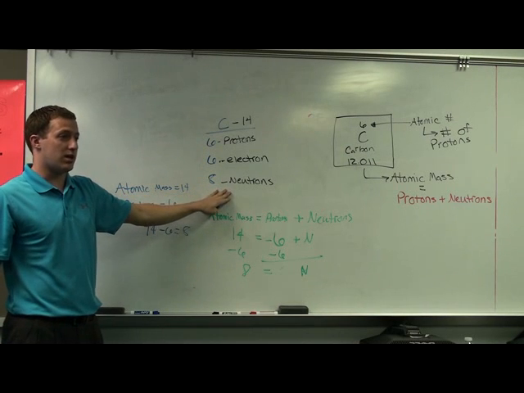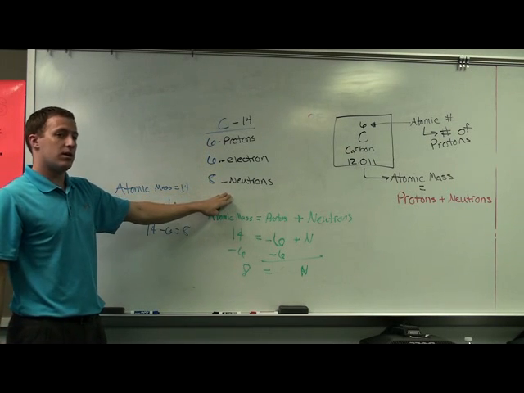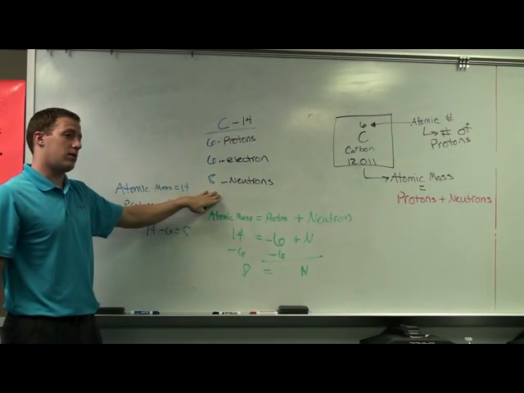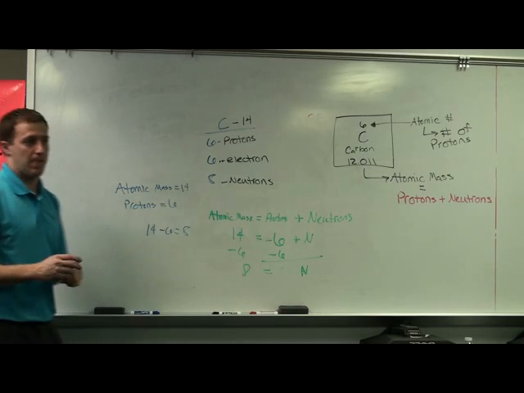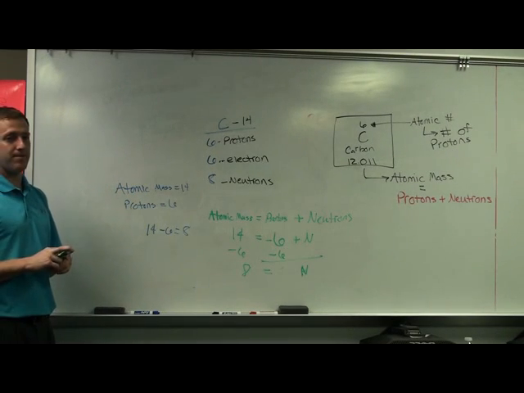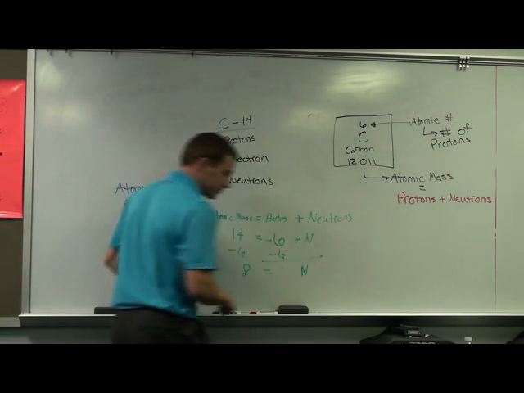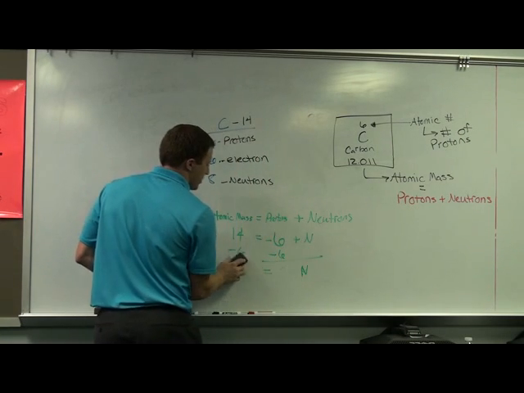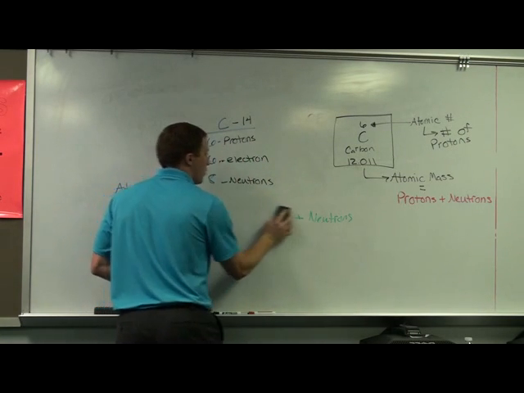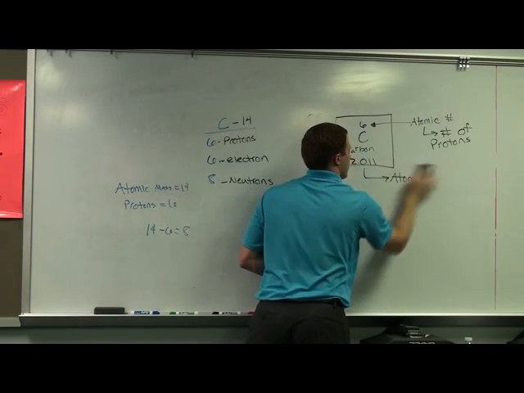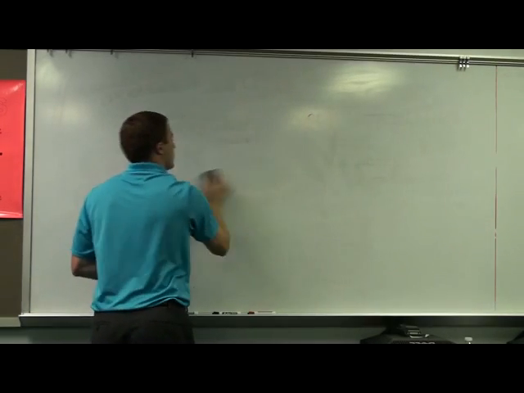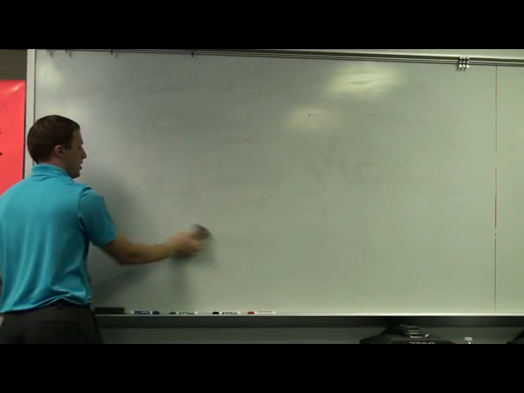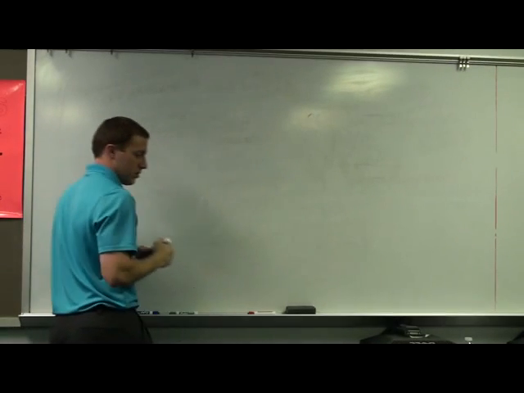Because normally we said carbon has how many neutrons? 6, and we changed it to 8, so it became carbon 14. Everyone got it? Easy enough. All right. Now the next 2 definitions I want you to know, which we're going to use more later this week. I just want you to know what they are and kind of get them memorized so that tomorrow or Wednesday when we talk about it, you guys won't have any problems.